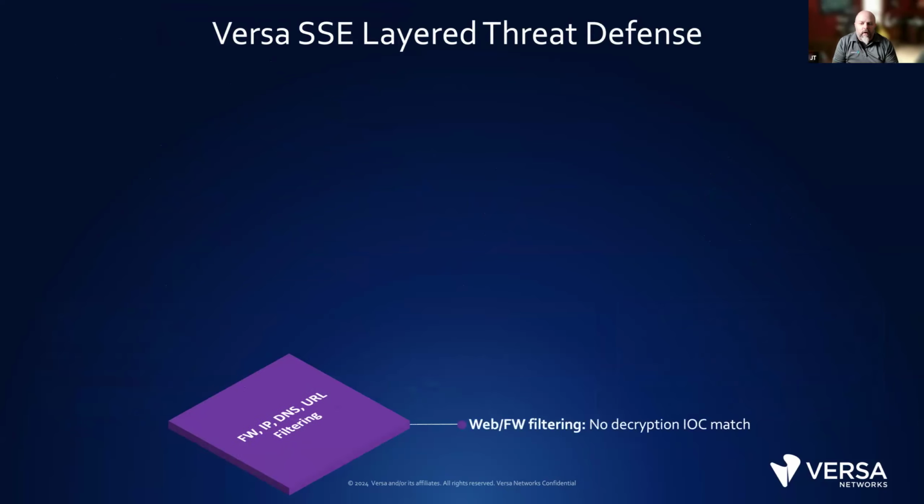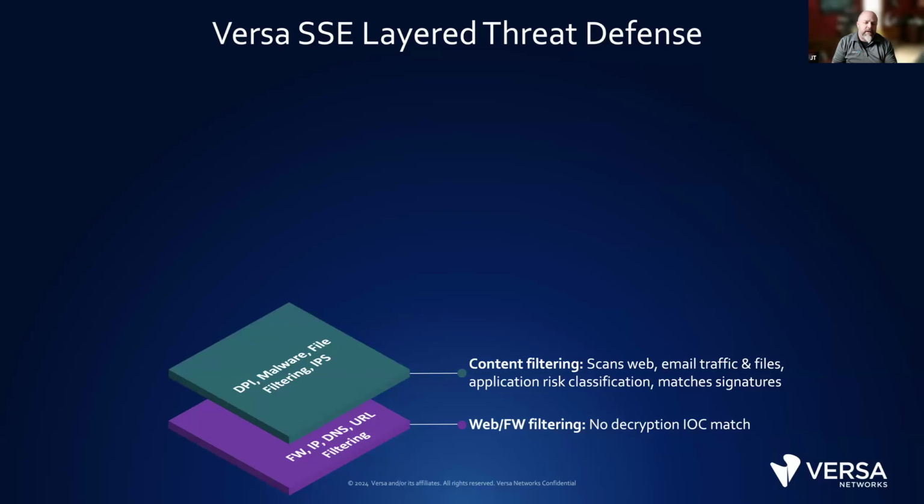So first off, we already know that we're employing firewall, IP, maybe DNS filtering, URL filtering, and so forth. These are classic, baseline services that should be in any firewall. They should be in any SSE service, right? Moving forward, we're also looking at things like DPI, malware or anti-malware, file filtering, and employing our IPS. This from Versa is what we know as our secure web gateway delivered with firewall as a service, zero trust network access, intrusion prevention systems, and more. This is the baseline of anything that we should be getting.